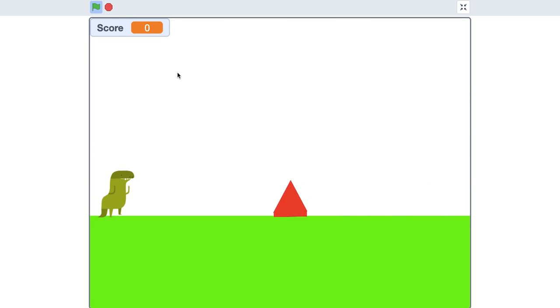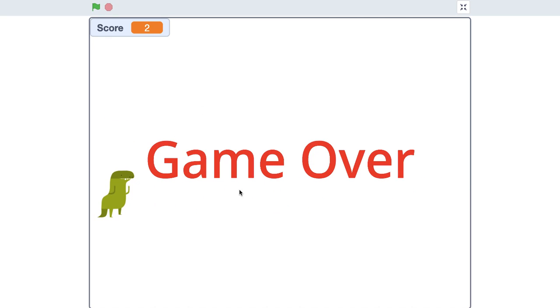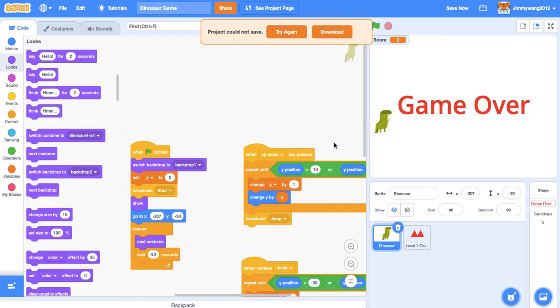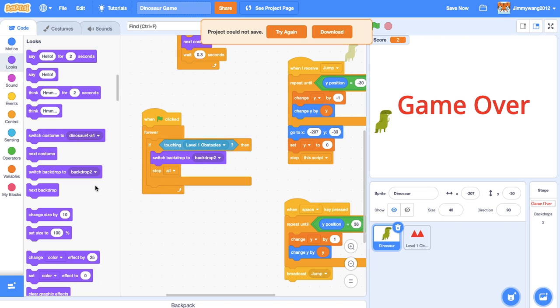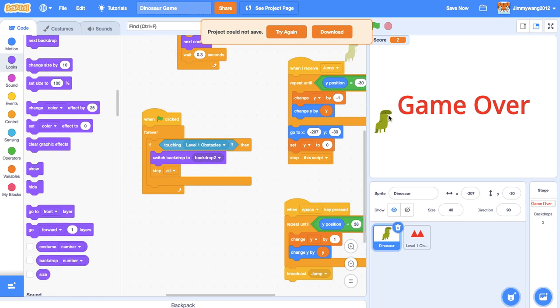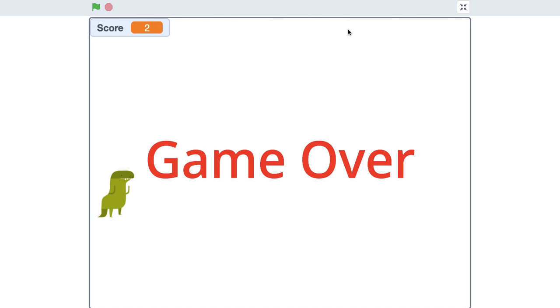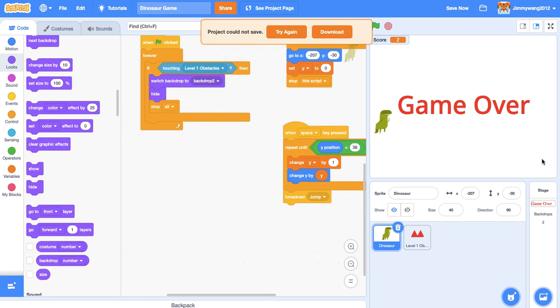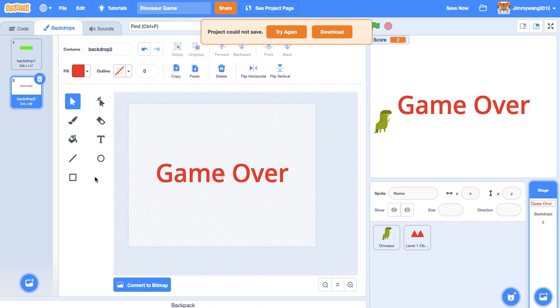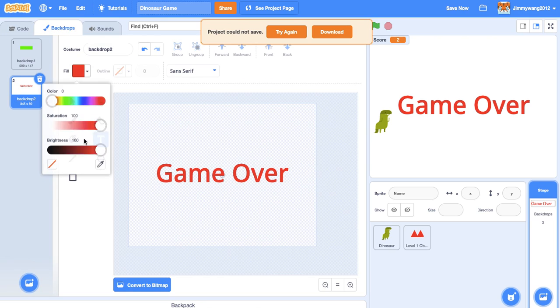So now you can test the game out. If I touch the spike, it broadcasts game over. There's just one last issue. You could leave it like this, but I think what kind of stands out is this dinosaur still over there when it clearly says game over. So I'm just gonna do a hide, which is better. If you want to add more detail, you could do a text box over here